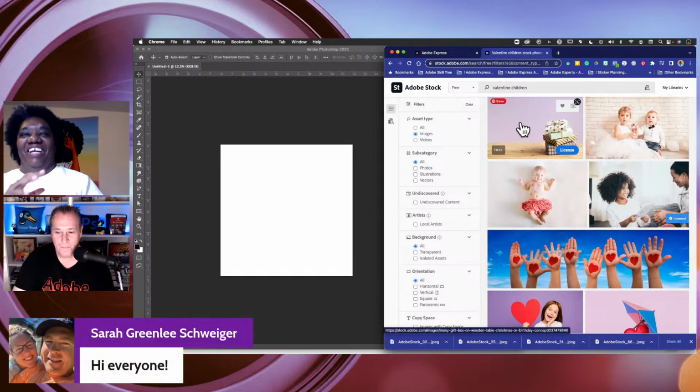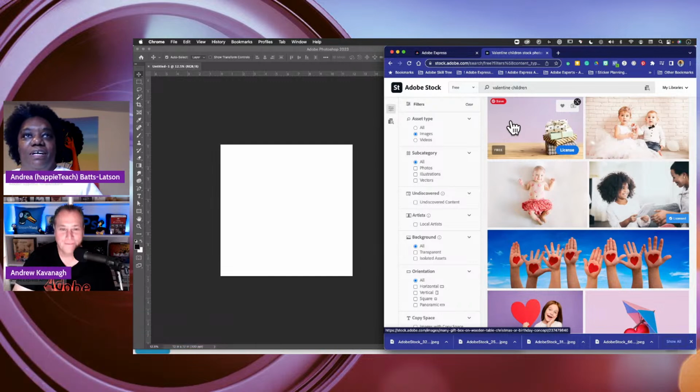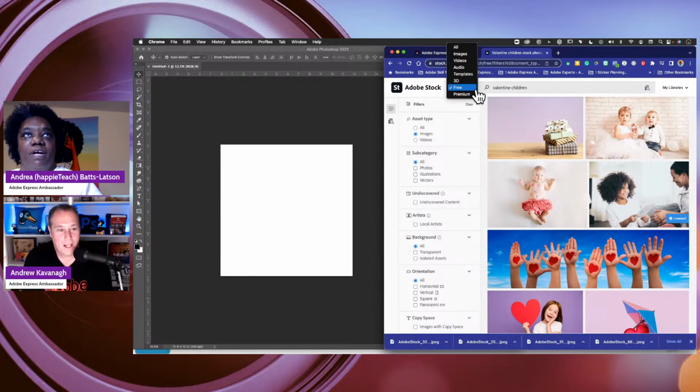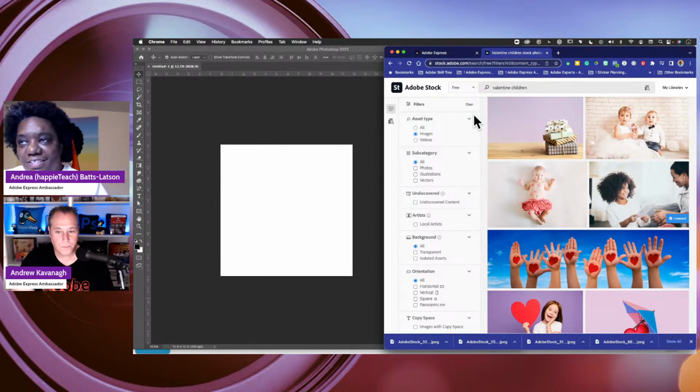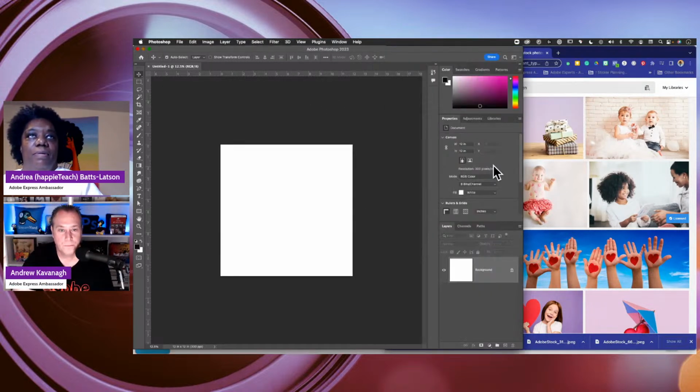So I chose Valentine's Day. Hi, Sarah. And see, it's free. Right here it has different categories. Just make sure it says free, and that means that everything you choose you can download, and you don't have to use it in just this program. These images that you select can be used wherever. Across the Adobe infrastructure, you can use them pretty much wherever. You can take them into other programs as well. I just want to make sure that's out there. So that's where I go to grab my stuff whenever libraries